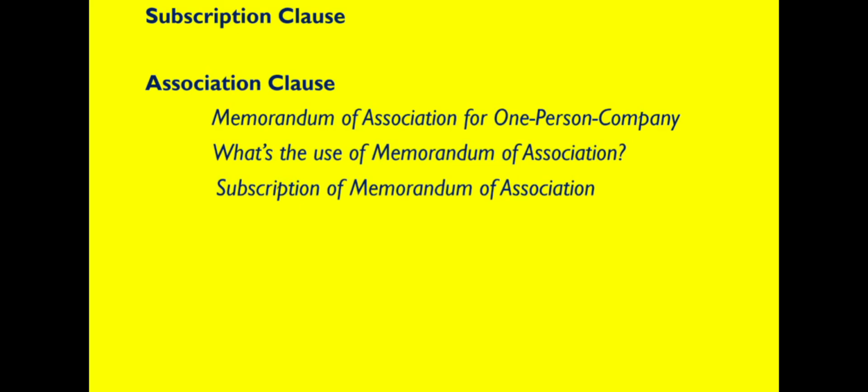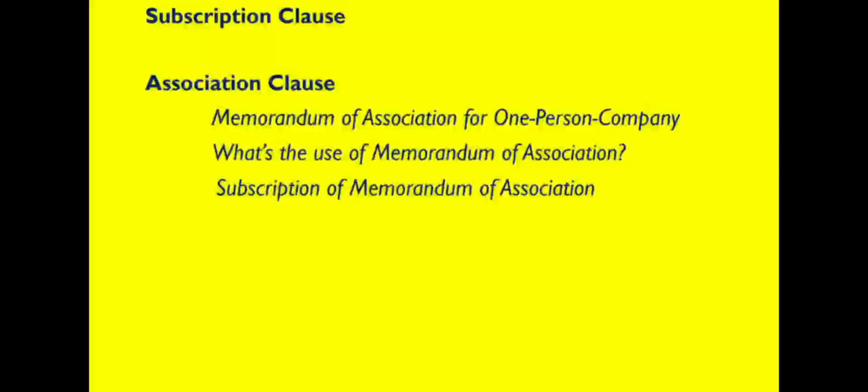The individual whose name is mentioned should give his consent in written form, and it is required to be filed with the Registrar of Companies at the time of incorporation. If the nominee wants to withdraw, he shall give it in writing, and the owner of the company will have to nominate a new person within 15 days.